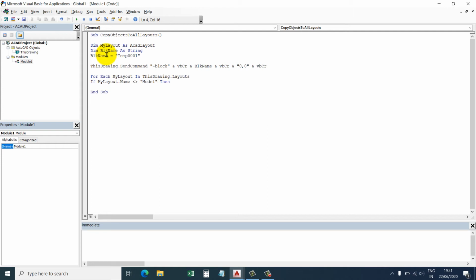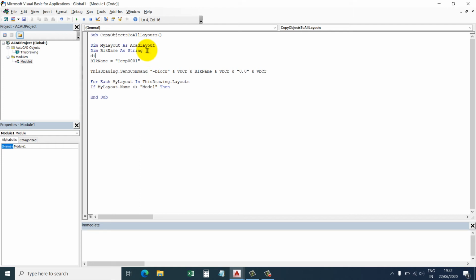To insert the block, we will declare a variable as a block reference, so that we can insert the created block in all layouts and handle it later, because we have to remove this block from these layouts.